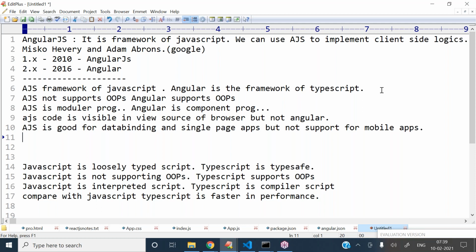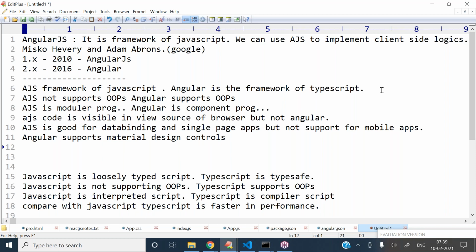These are the main differences between AngularJS and Angular. And moreover, Angular supports material design controls.